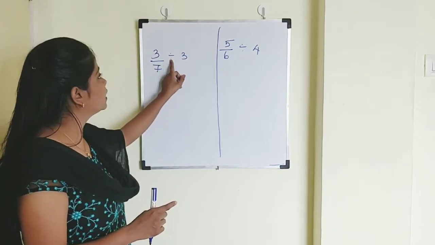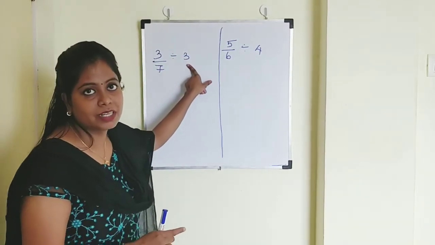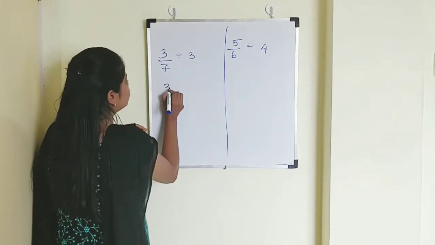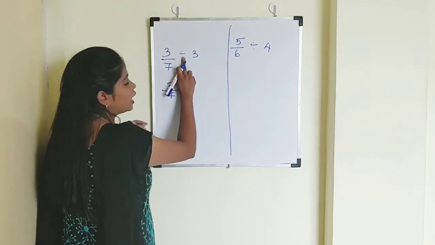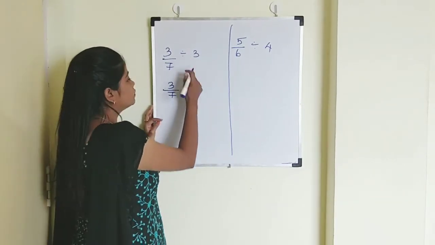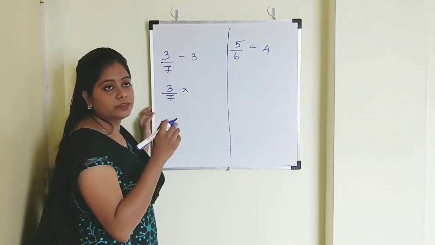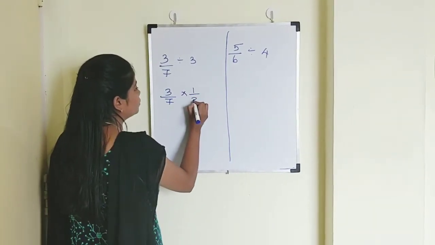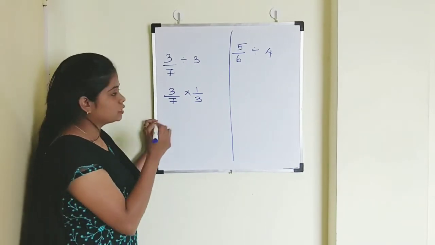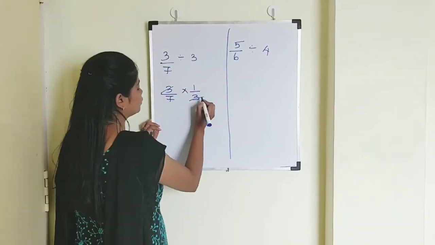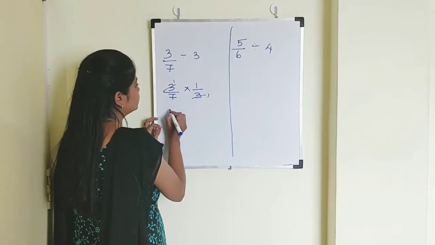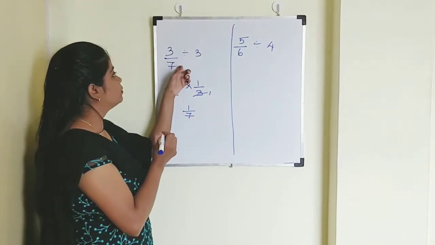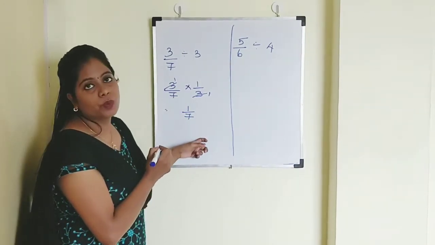So which number is there after the division symbol? That is number 3. So you're going to find the reciprocal of this number. So it is 3 upon 7. As I told you, when you do reciprocal, this division becomes multiplication. The division changes into multiplication. So 3, what is the reciprocal of 3? 1 by 3. Now you know the rule. You can just cross out the numbers which are the same or which have common factors. So your answer is 1 by 7. So 3 by 7 divided by 3 is 1 by 7.